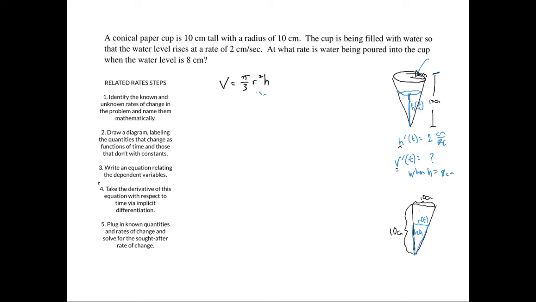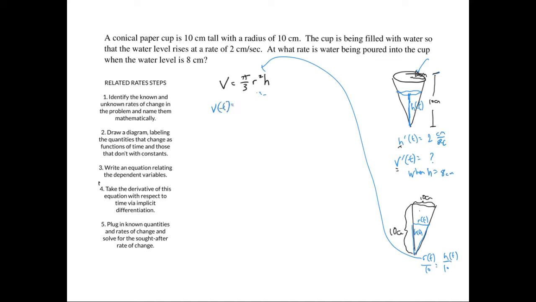These two are similar triangles, so I could set up a ratio that says r of t is to 10 as h of t is to 10. And that would tell me that r of t is equal to h of t. So I can actually use that up here to get rid of the h. So what I would have then is that, so v of t,